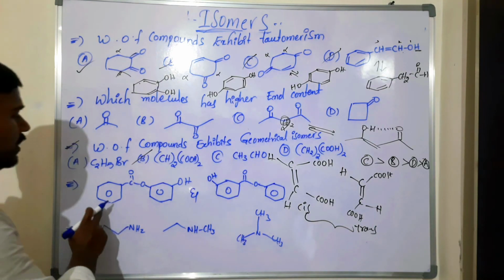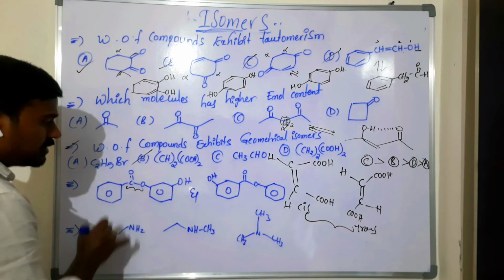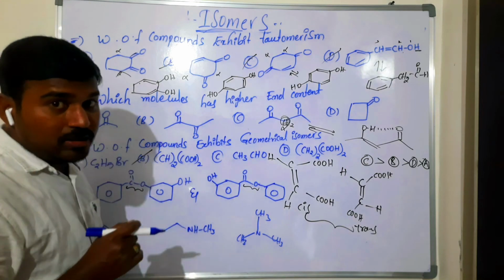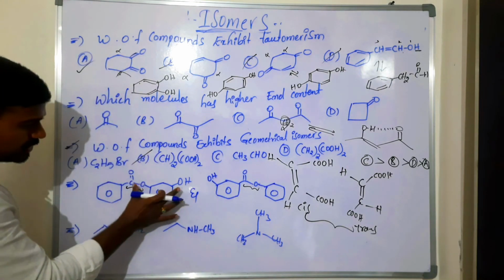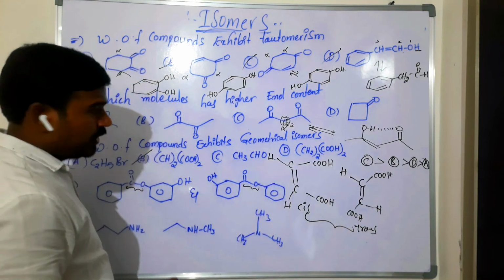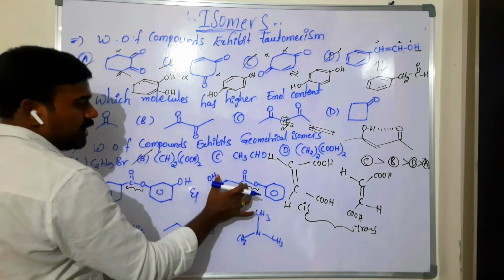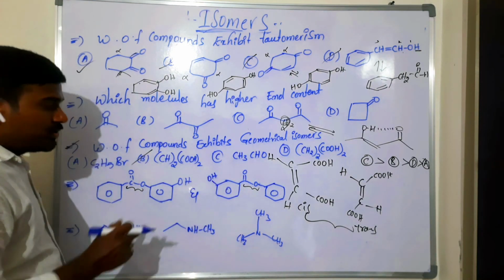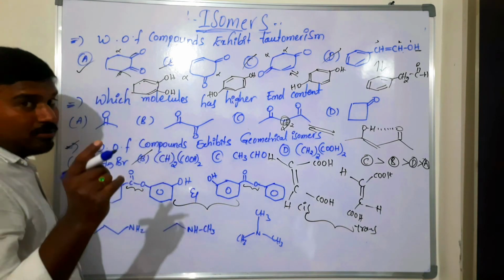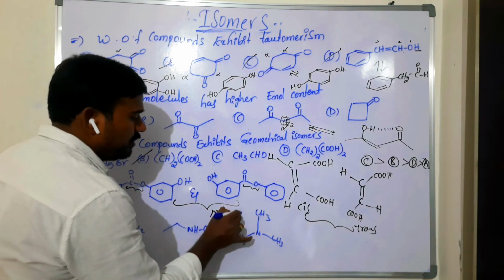Next, these two compounds are which type of isomers? Now you see here, it is an ester functional group. Around the ester functional group, different alkyl groups are substituted. Here the ester oxygen is bonded with phenyl, and here the ester oxygen is bonded with benzene. Here it is different: this carbonyl carbon is bonded to benzene, and this carbonyl carbon is bonded to phenol. So having the same molecular formula but different alkyl groups bonded on the bivalent functional group, they come under metamers.